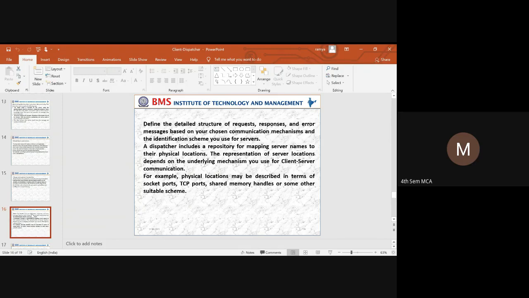The dispatcher should include a repository. So what is this repository? It is nothing but a database where the dispatcher maintains the names of the servers along with the physical location, and the underlying mechanism to use for client server communication.